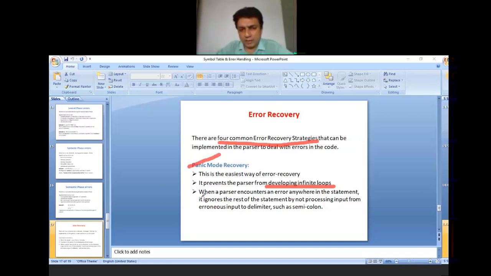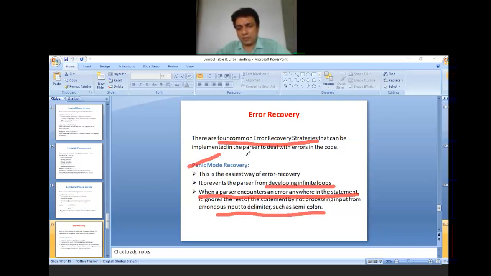When a parser encounters an error anywhere in the statement, it ignores the rest of the statement by processing input from the erroneous input to a delimiter such as a semicolon.